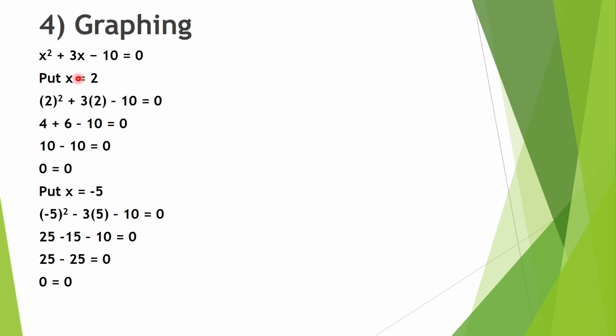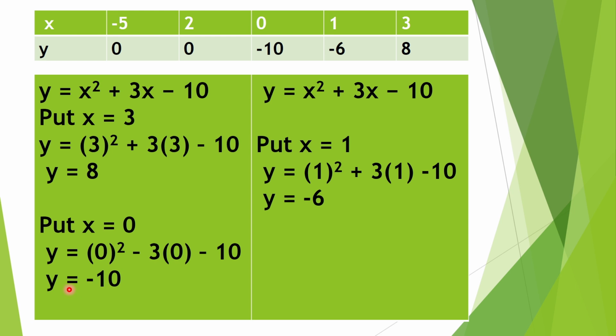So, as we know the solution of the equation from the previous three methods, x is equal to 2. If we put x equal to 2, it will become 0. This is the value of y basically, and put x equal to minus 5, which will give again 0. So look over here, this is your equation in standard form. As I told you at the start of the video, this is the standard form.